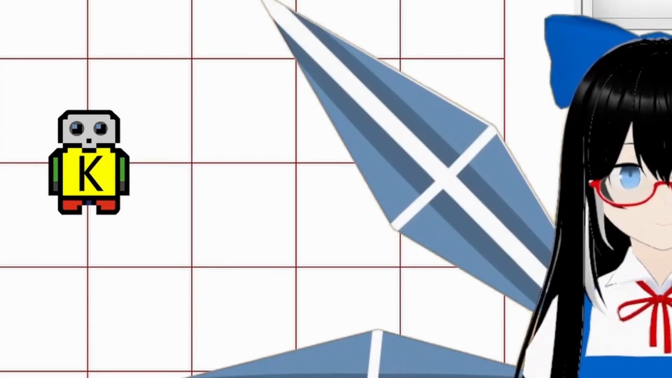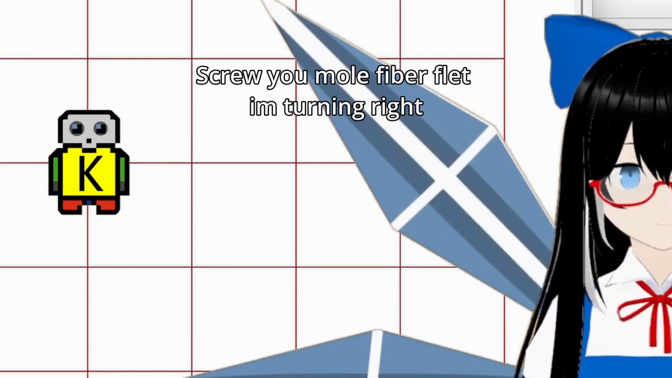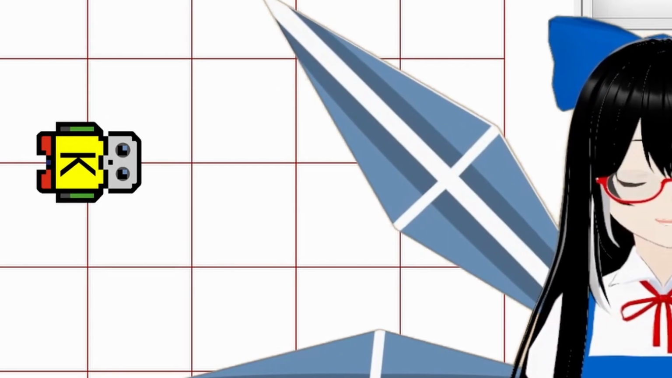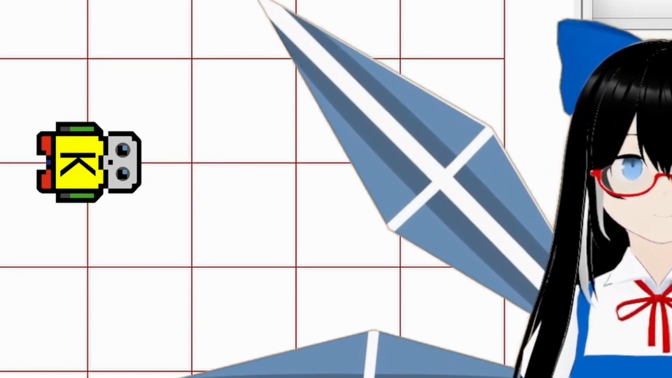Where is he going? Is he going into my super secret folder? Okay, wait a minute. Oh, Karel J Robot can only turn left. He doesn't have a turn right method. What the heck? He just turned right. Okay. And